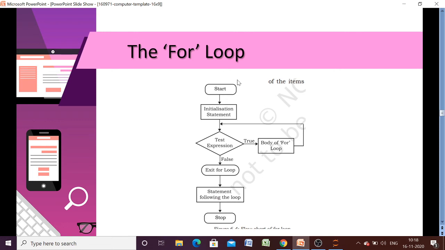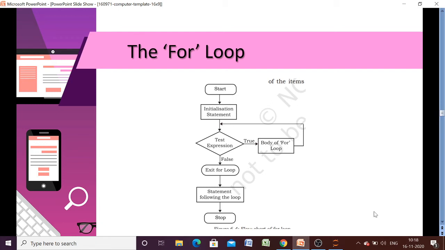If we look at this flow of control, we can see that for every loop we will have three elements. What are those three elements? The first is the initialization statement, then the test expression, which is also known as the condition, and then we must have our increment or decrement part.